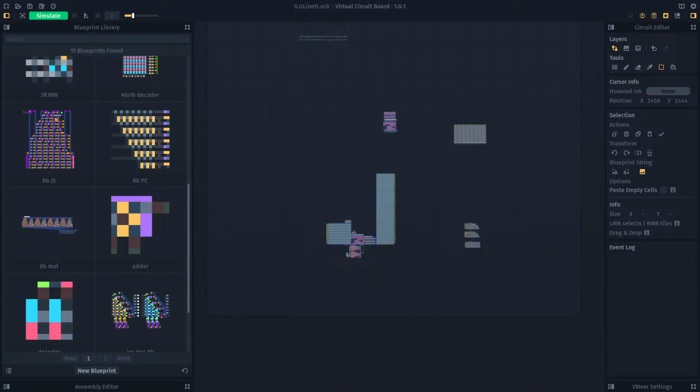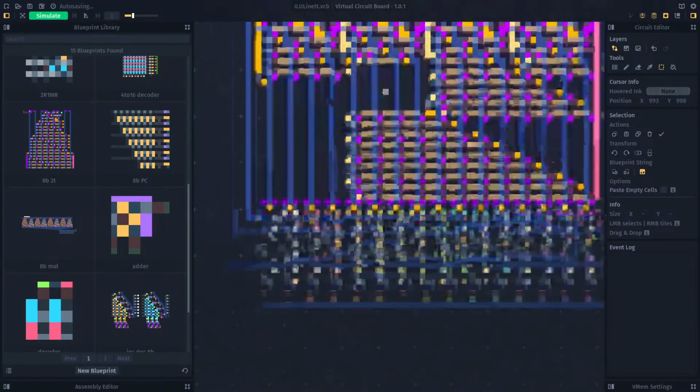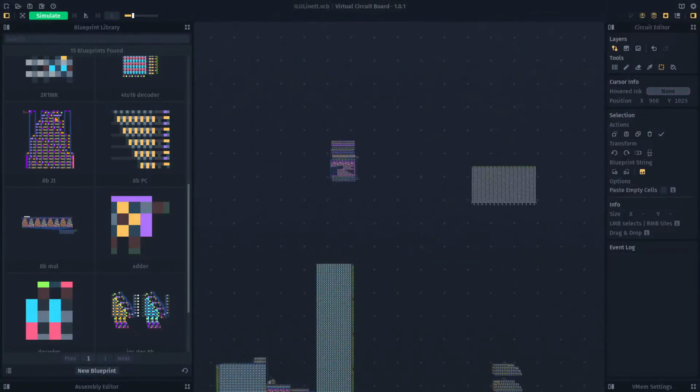I don't know where to place the shift ports yet. I could wire up the call stack, but I don't know if I want to do that right now. I'm getting a bit bored, so